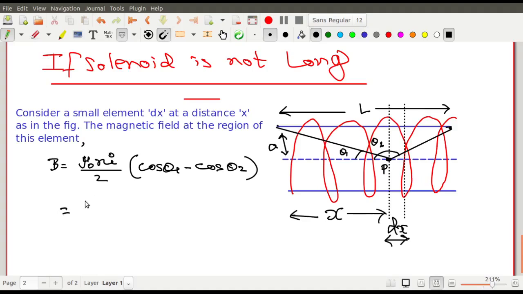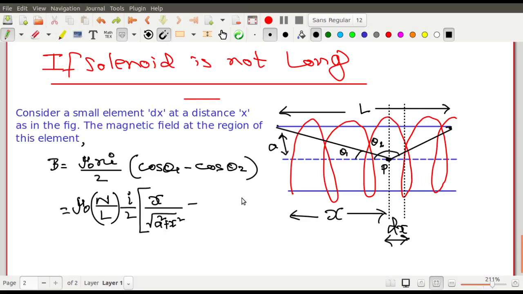আচ্ছা এখানে ভ্যালুগুলো পুট করো দেখি একটু। mu 0 Ni by 2, n I write as n by L now, আমি এটাকে n by L করে দিচ্ছি। cos theta 1, এখানে cos theta 1 কত হবে? What is the cos theta 1? Base by hypotenuse, x by root over a square plus x square, plus তো নয় minus